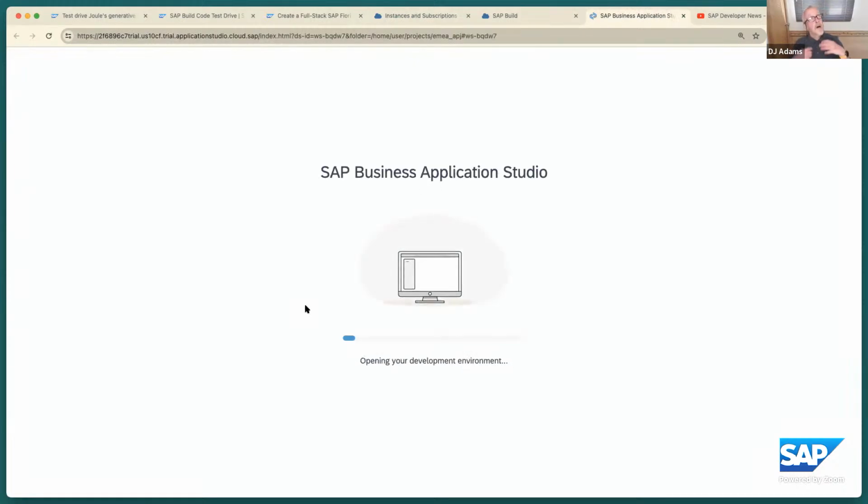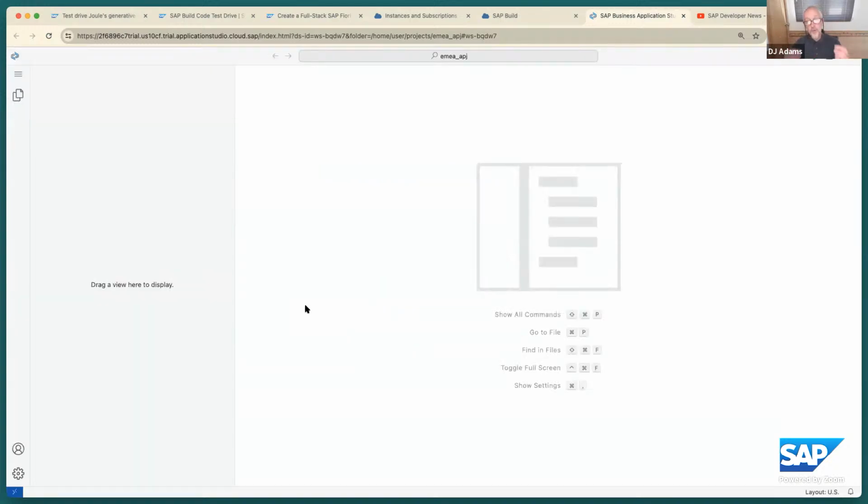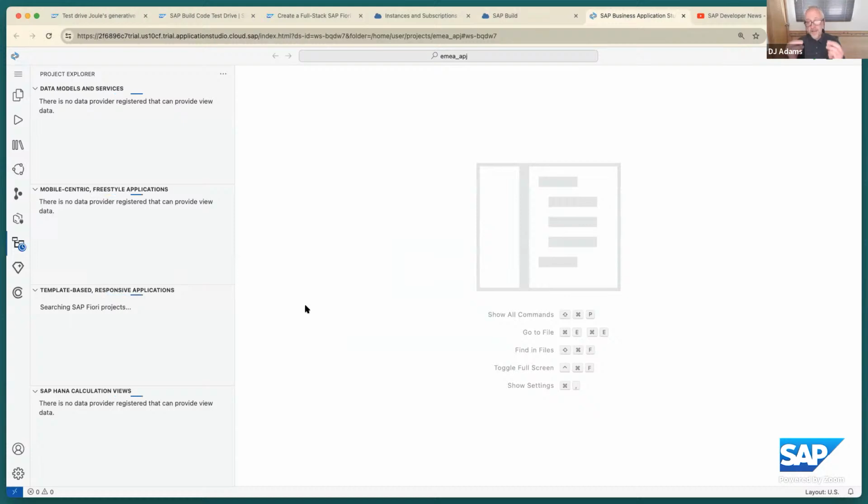So I'm going to go in that. So I've nothing up my sleeve. I've no idea what's going to happen, but I'm going to go in that. And basically that's going to create a dev space or use an existing dev space if one is appropriately available. Because remember, dev spaces in the SAP Business Application Studio are collections of specific tools for specific development scenarios.